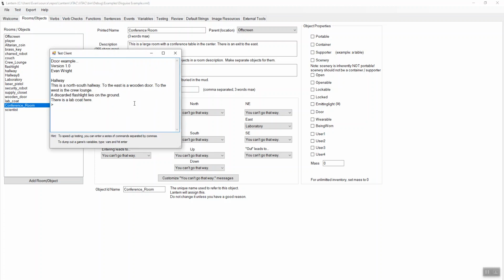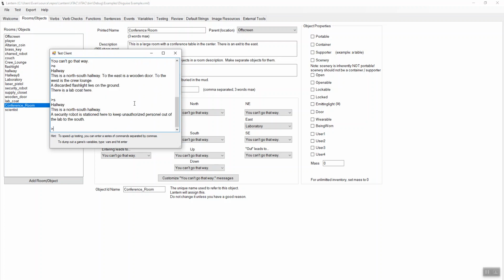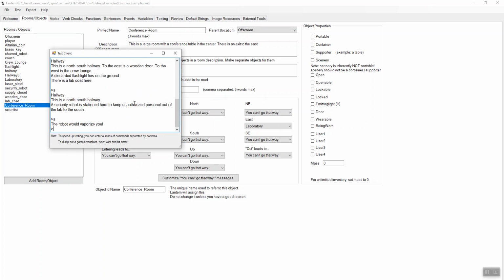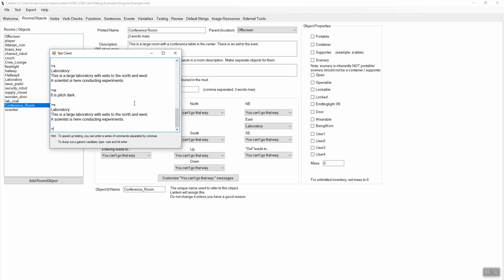Now, if we run this, you should see that south. Where am I? Oh, I'm in the lounge. East, south. Okay, the robot. Okay, shoot the robot. Okay, so now there's a scientist here. I can go west and I can go east. Oh, because I forgot to light the